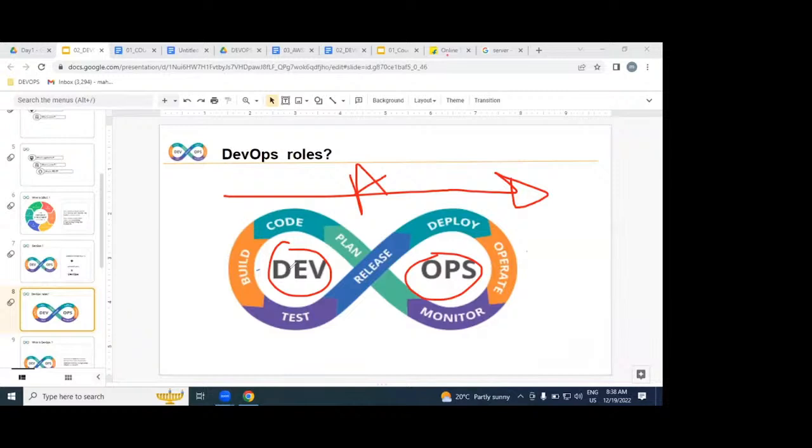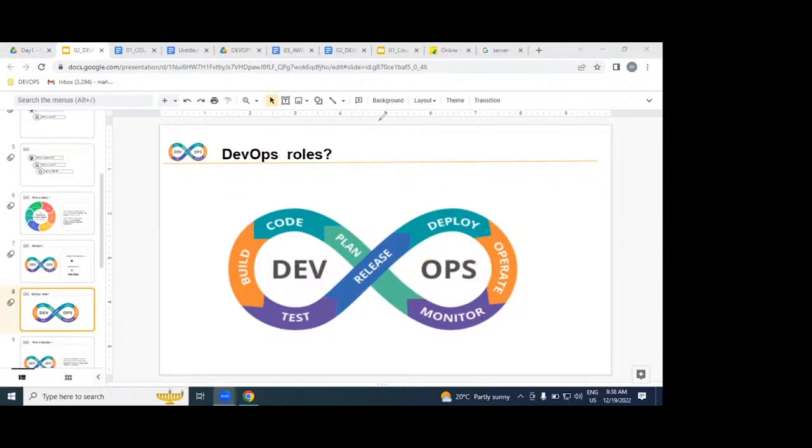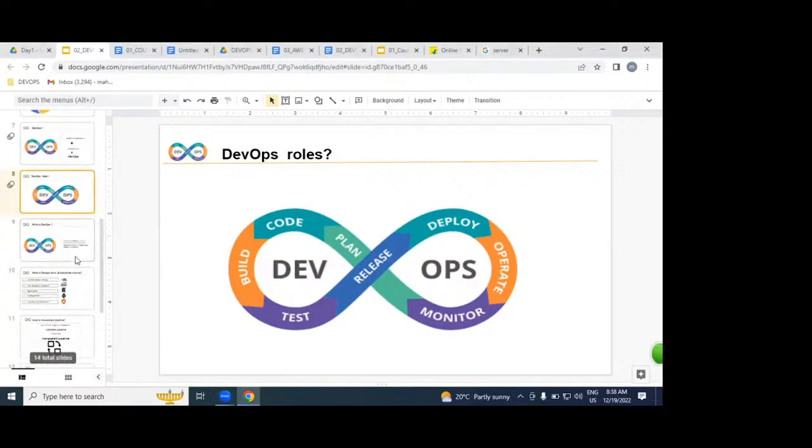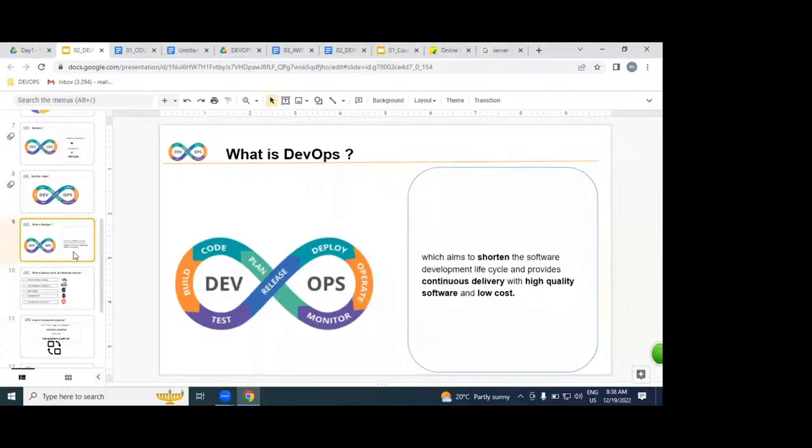Developers are writing code, testers are writing test cases, DB administrators and AWS administrators are working on AWS. All the people together complete our SDLC process. On top of the SDLC process, as a DevOps engineer, we are going to be implementing an automated process. So what is exactly DevOps? Anybody help me? Is DevOps a technology like Java or .NET? No.